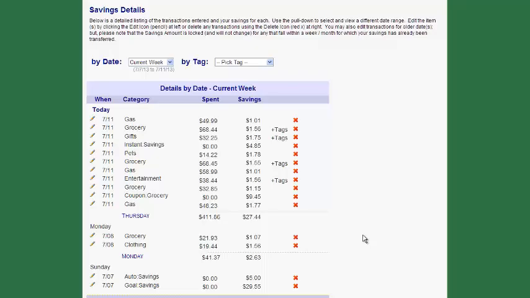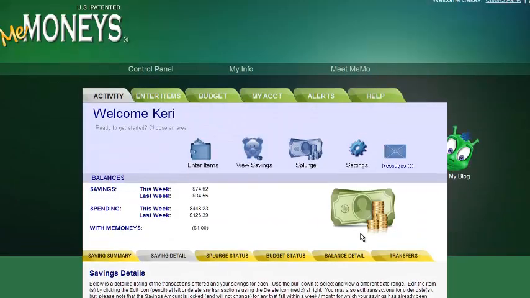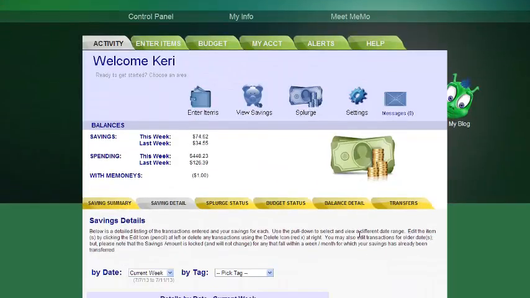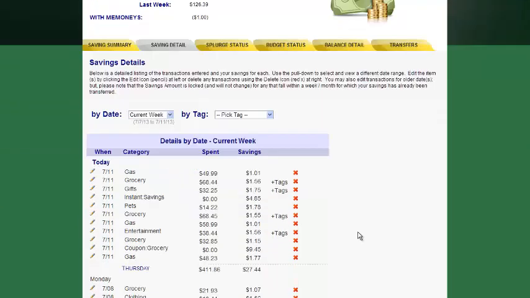So that is how quick and easy it is to enter transactions, save, budget, and splurge, know how much you're spending, have an idea of what you're spending it on, and save as you spend. So have some fun, play with the account, and I'm sure you're going to quickly see how fast and easy it is to save, budget, and splurge with